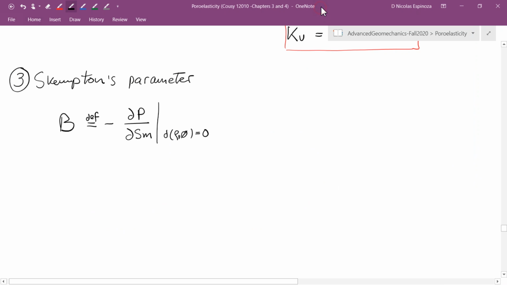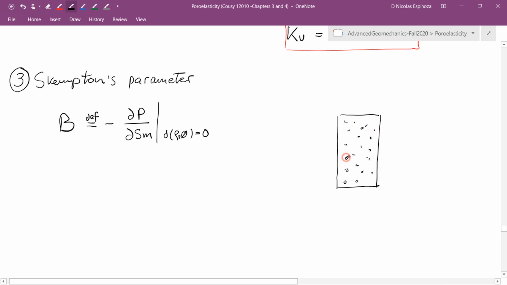So if, for example, we wanted to do a test and especially an undrained test, or measure a P wave in a fully saturated rock or sediment, before doing that,